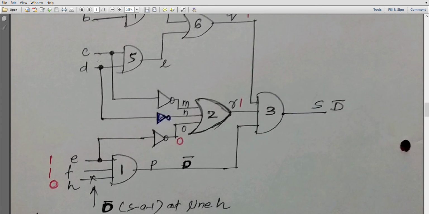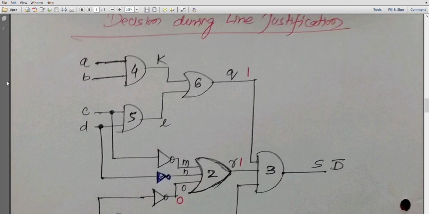Just a change in the logic, because K is an independent intermediate output here, as it is not connected directly to the primary inputs, but L has the direct connection through C and D towards this logic S through R. So I have to take L as 1 first, and then I will explain about K as 1. By mistake I took the intermediate output as K. So now take the intermediate output L first. By making L 1, I can make Q as 1.